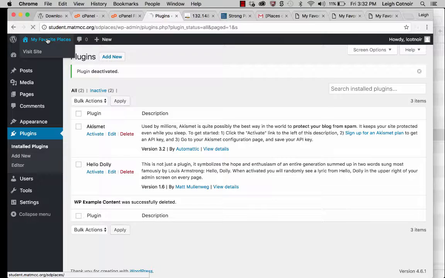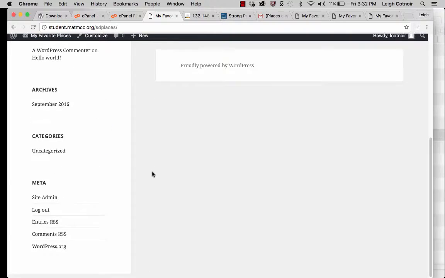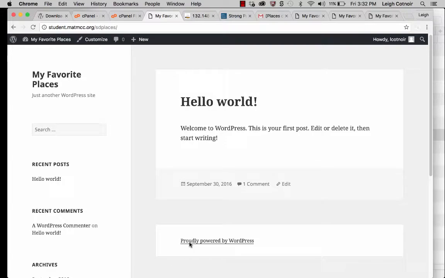I just want to show you really quickly what the website looks like again, right? So you don't have all that nice full content. But I just want to show you how simple it is to add stuff and delete it before you have a lot invested in it, okay? And you will, by the way, want to reinstall that plugin that I just showed you how to delete if you deleted it, okay? All right, so for right now, that is going to conclude this tutorial, and the next